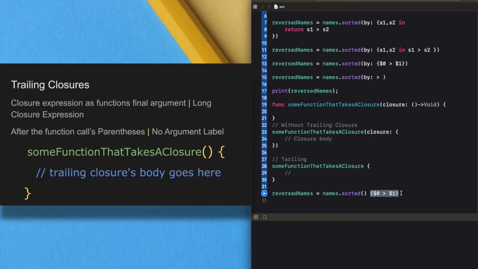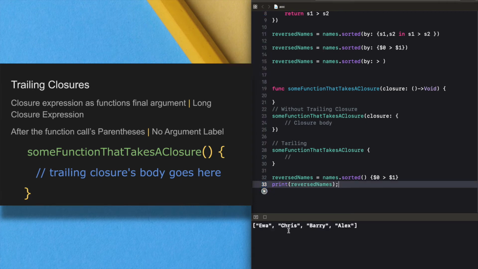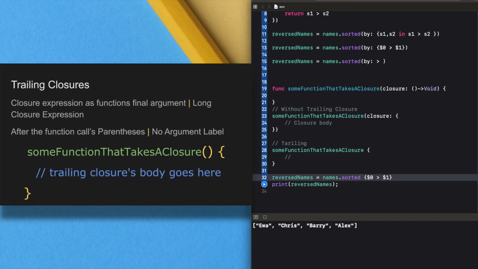It's a trailing closure. In this example, we can also avoid the parenthesis. No need for the parenthesis if the trailing closure is the only argument. You just remove that. See how simple it is with the trailing closure.